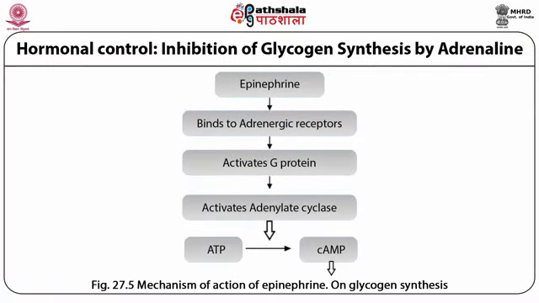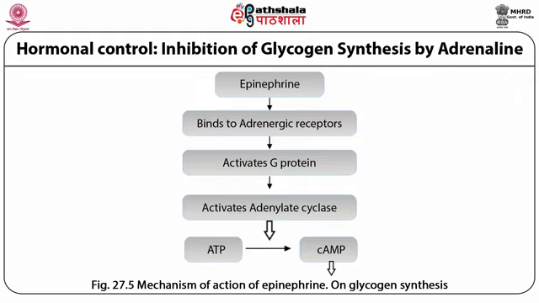The anabolic pathway contrasting with the glycogen breakdown is that of glycogen synthesis. Just as a cell reciprocally regulates glycolysis and gluconeogenesis to prevent a futile cycle, so too do cells use reciprocal schemes to regulate glycogen breakdown and synthesis. Now let's review the hormonal control, how glycogen synthesis is controlled with the help of hormones.